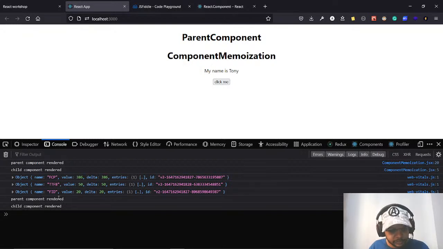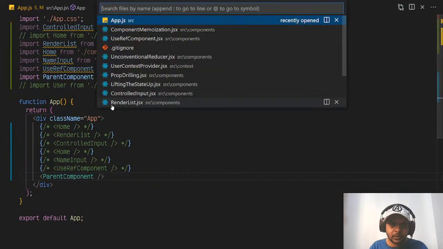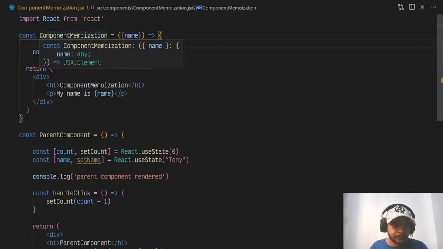So parent component was supposed to render because its own state changed, but child component also rendered. Why? Because the parent component rendered, not because its own prop changed. Okay, so now if I don't want this behavior to happen, let's say our component is too heavy, render heavy, and I don't want that to happen, what I can do is